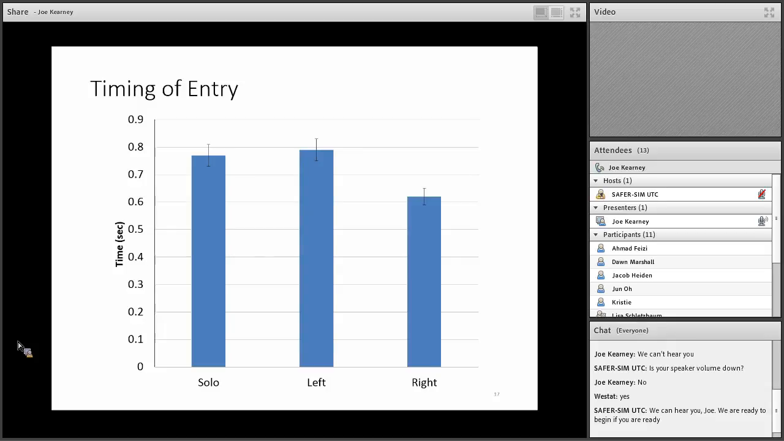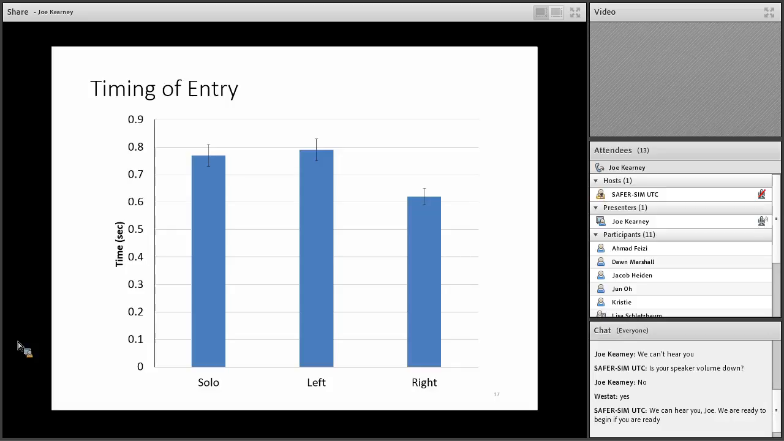In terms of timing of entry, we see similar results to the adult pairs. Here, the pair members who stood on the right had a tighter timing of entry between themselves and the lead car in the gap than their pair members on the left, and also than the solo crossers. And there's no difference between the kids who stood on the left and the solo crossers. So again,